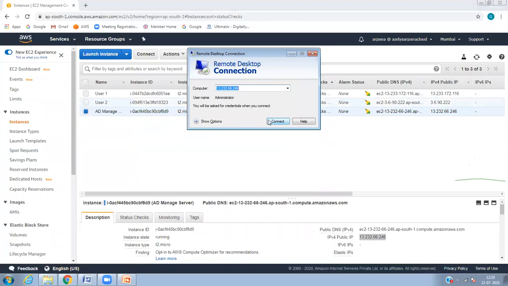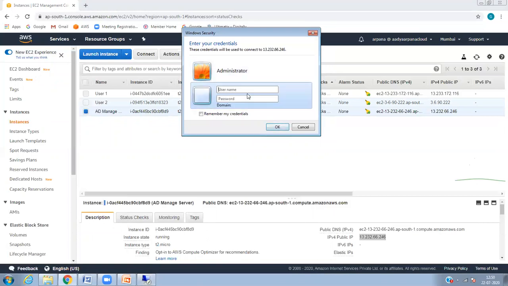Okay, guys, as Riaz told us, when it reboots, the public IP will not change. You can see the public IP remains the same. Now I'm going to use another account. AWS Guru slash administrator, password I know.